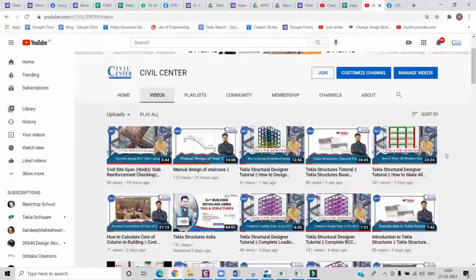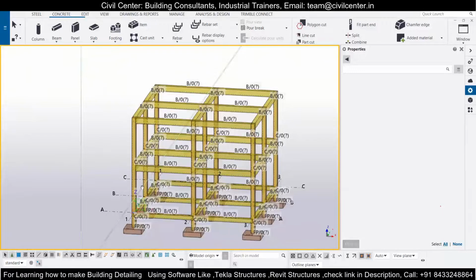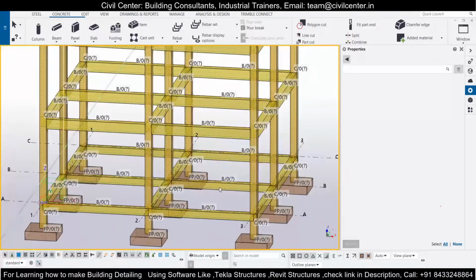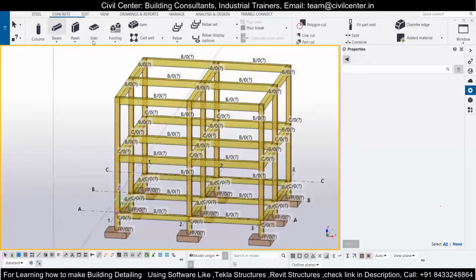So, what are we going to learn today? The next step. On the plane's level, you don't have the slabs. So you will have the slabs on this level. So how to cast the slab over here? In the concrete menu you have to go to slab and then you will have slab.